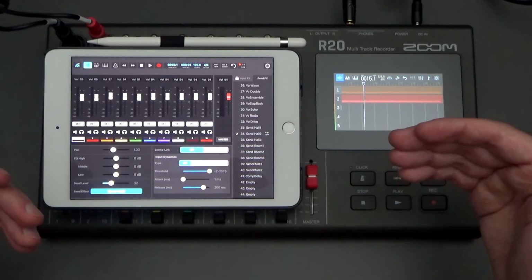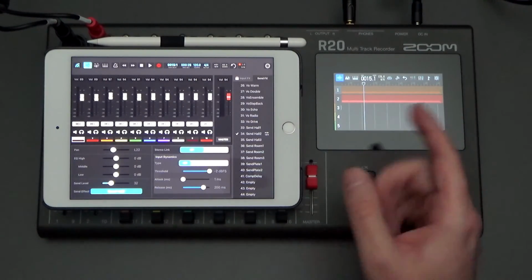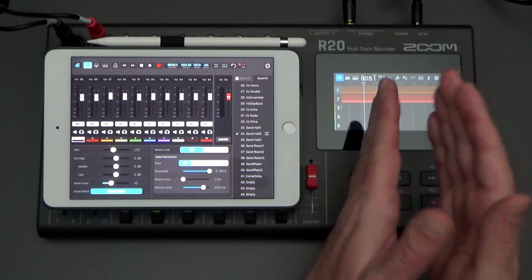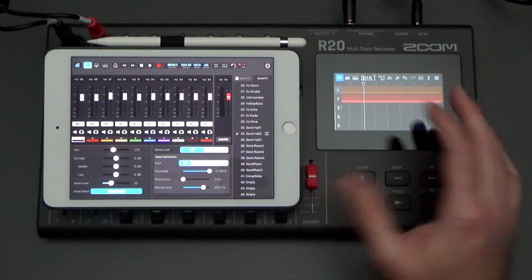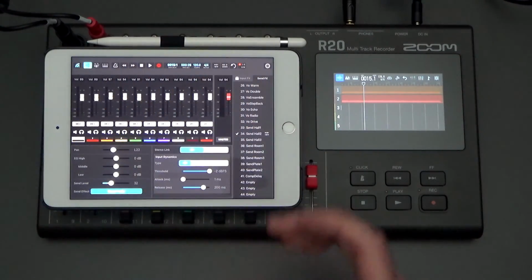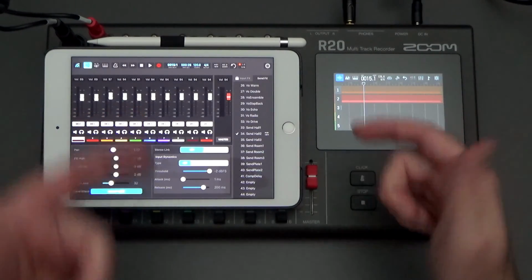So overall, you want a multi-tracker device that will allow you to edit samples in an easier way, that you don't have to just try to use markers and jog dials and get really close, and you can never really get a great trim, or you can never really split your tracks that well. This does a better job with that with the screen here, and then the potential to have an awesome screen over here. But even just having the fader control next to the track view here already is adding another dimension